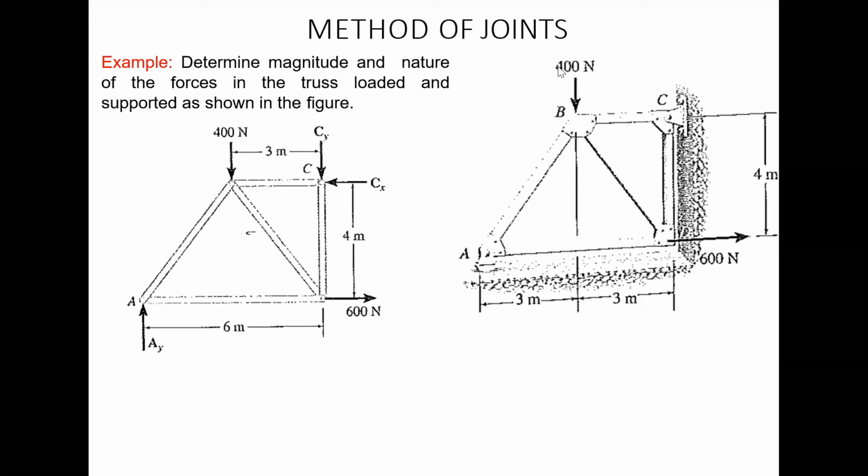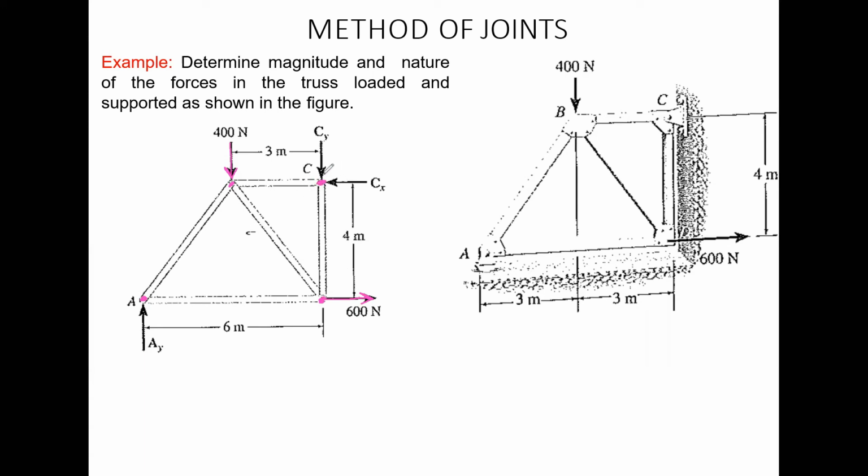So here first of all we are going to find out the reaction forces. So 400 Newton is acting externally at the point B, and again 600 Newton force is acting at the point D in the horizontal direction, outward from this frame. Now the dimensions 4 meter and 6 meter are given. Now let's apply the reaction forces at point C and point A. Point D is not supported. Okay. Only points C and A are supported.